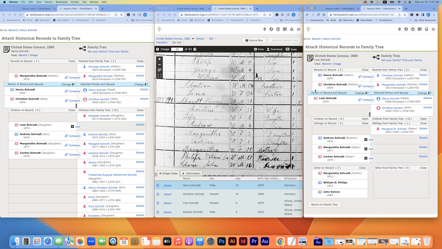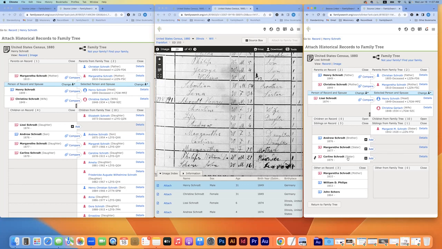And so we can see here with Lizzie, Lizzie, again, is a daughter to the head of the household here in the census. Here, she is now the focus person, and Margaretha, her grandmother, does not appear as a grandmother. She appears as a mother because in the other category down here, the parentheses don't apply to the top half